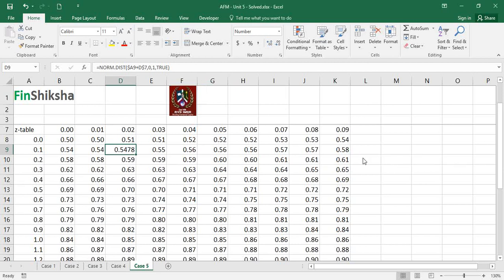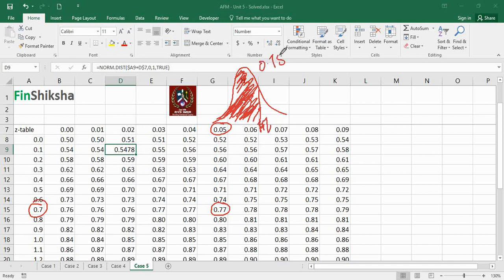What this basically means is that if you were to plot a curve anywhere, and you were to look at a certain number of standard deviation, let's say you're looking at 0.75 standard deviations, the intersection point is 0.77, so there is a 77% probability of the returns being on this side. That's what you're getting, right? This 77% is giving you this data that 0.75 SD away from the mean, what's going to be the value? That's what we have calculated.